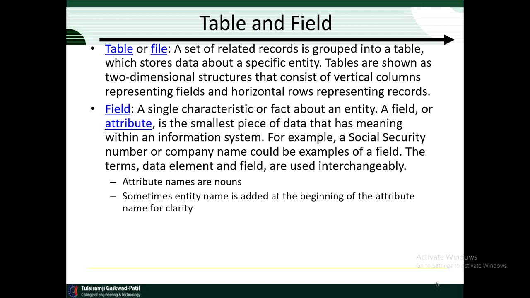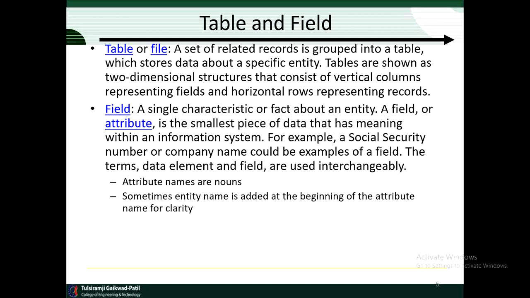Tables are shown as a two-dimensional structure that consists of vertical columns representing fields, and horizontal rows representing the records. The records stored for those particular columns are stored in the rows. So that is called a table, or we can say it is a file.